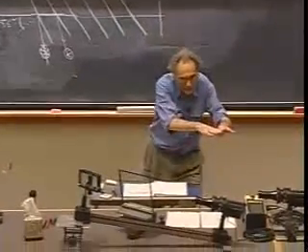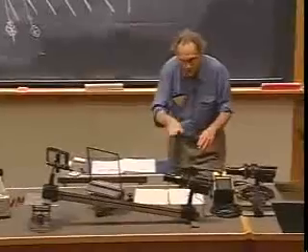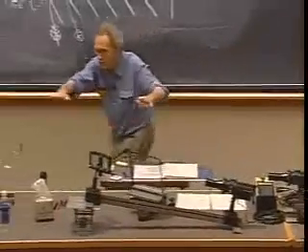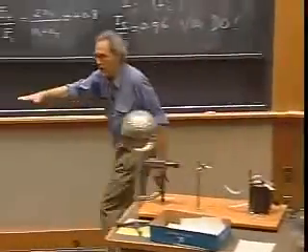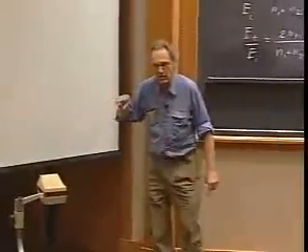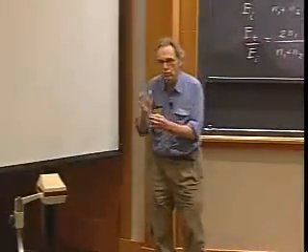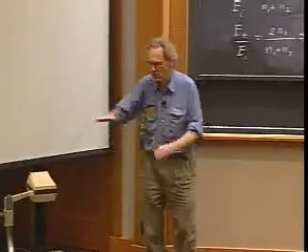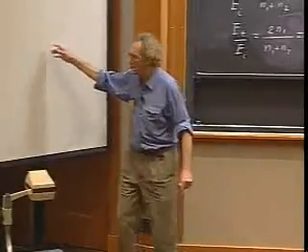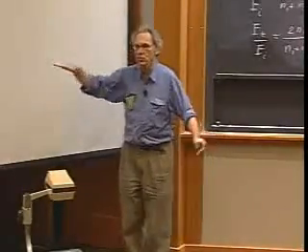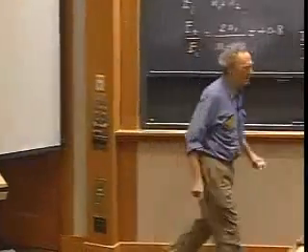In the plane of incidence means this is the normal to the glass. This is the incident beam. So this is the plane of incidence. It's in the plane of incidence, so it's polarized like this. So when I use those 300 or 400 glass plates in a row, the light that you see here will be polarized like this. And I can show you that because I have a big polarizer, remember?